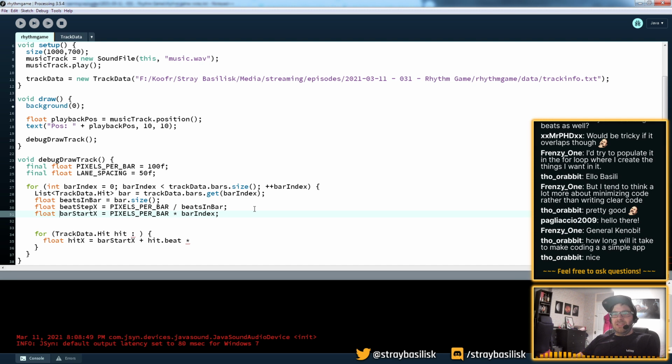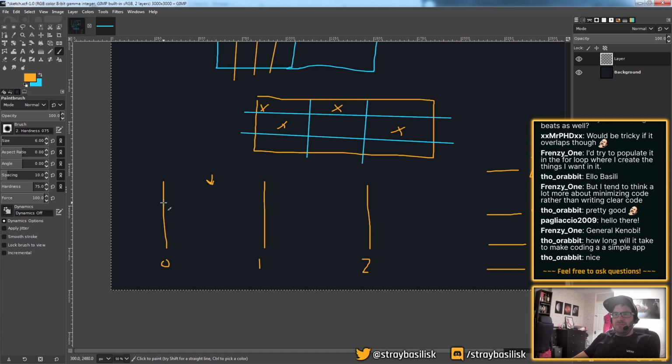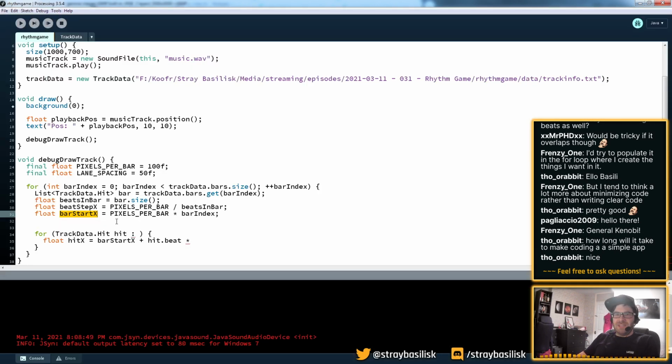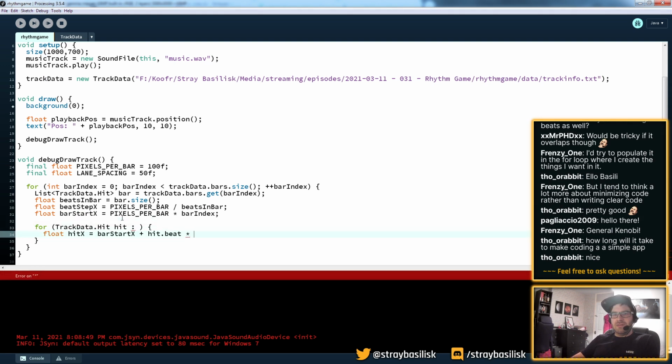So now we know where the left hand side of the bar starts, and now we know the step. So the first 0th beat goes here, then the next one is going to be a certain distance along based on a certain spacing according to how many beats there are in this bar. So they should be evenly spaced, which means that we can figure out times